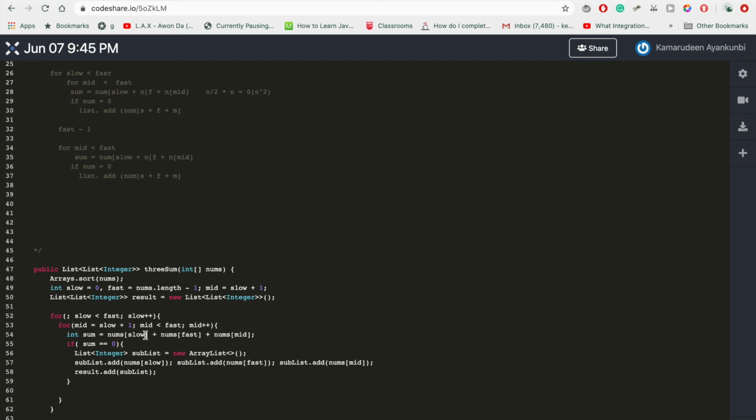And what we want to do now is we want to decrement fast. So now fast has been pushed back. And since fast has been pushed back, then you want to do